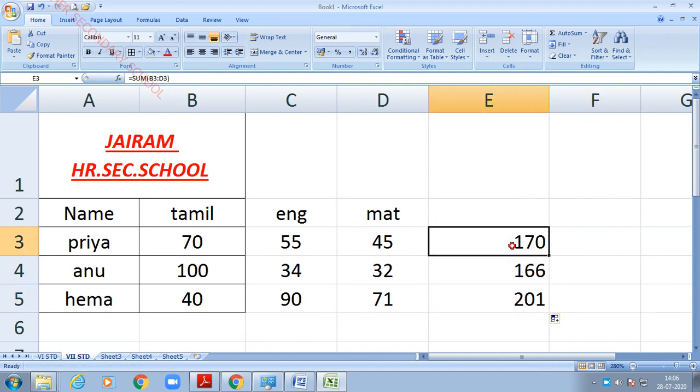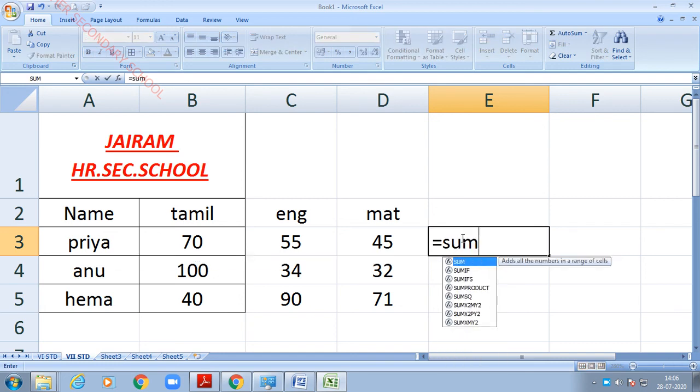In case you like to subtract the value, you have to use the minus symbol. If you like to multiply the value, you have to use the star symbol. Now I am going to multiply these two values. First you have to mention the cell address, isn't it? What is the cell address of this 55?